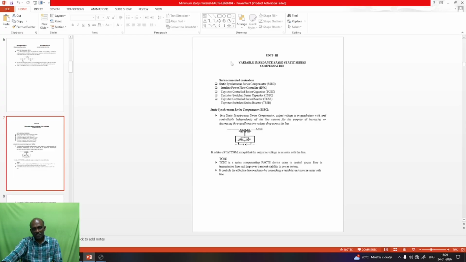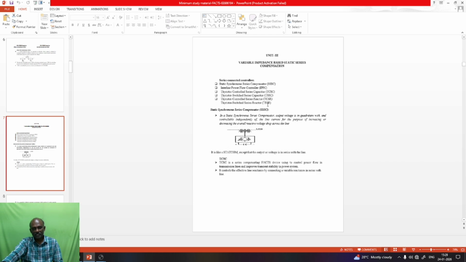Next one, variable impedance based static series compensator. Here also we are changing the impedance. Impedance means resistance, inductive reactance or capacitive reactance. These static series compensators are connected in series with the system. So they are series compensators. So what are the various series connected controllers? Static synchronous series compensator, SSSC,